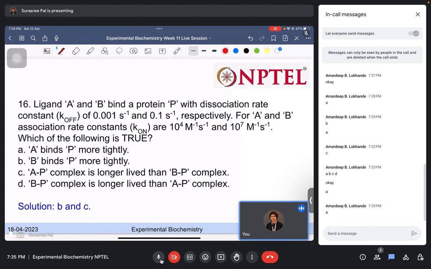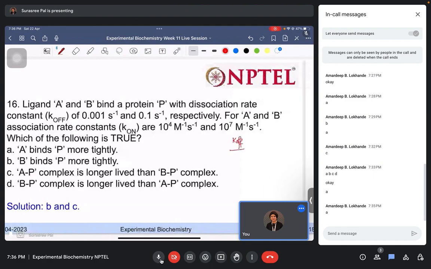Here the correct answer is B and C. So the thing is that A has an association constant of 10 to the power 4, whereas B has an association constant of 10 to the power 7. So B will bind to the protein P more tightly because we know that K off by K on equals KD,